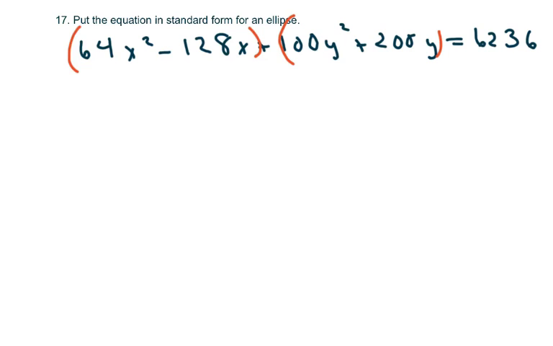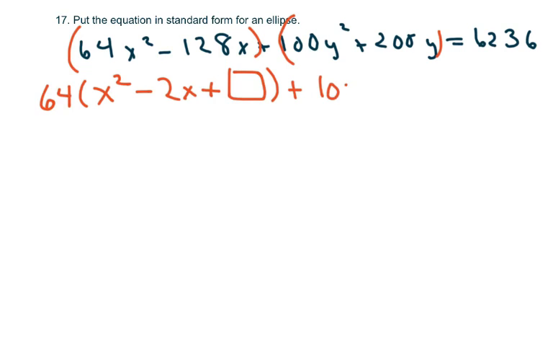I'm going to do greatest common factor and pull out a 64, put an x squared minus 2x, and you might put a line. I tend to put a little box here. Okay, plus factor out 100 here, and I'm going to get y squared plus 2y plus box,